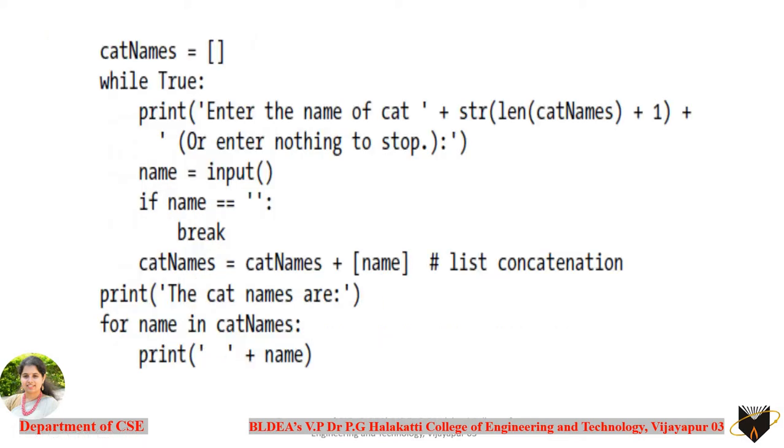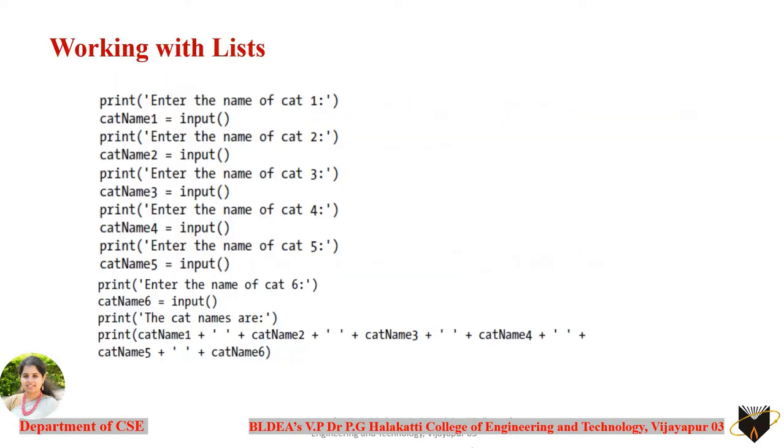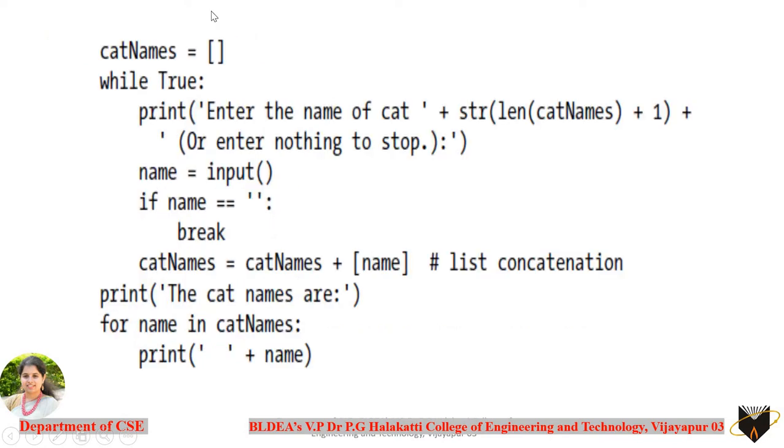So this is the same program. This program is going to do the same thing as is done in the previous program, but there are a few modifications done by using the list here. So let's see what has been done here. You can see here that cat names is a variable that is used to create the list variable. The while loop has been used, which runs on a true condition, that is, always true. In this case, see here, within the while, the print statement is used to ask for the